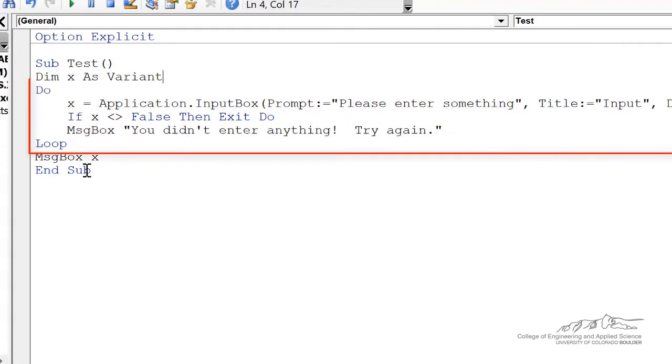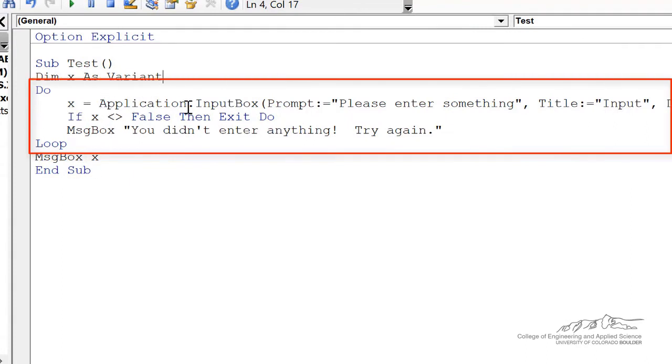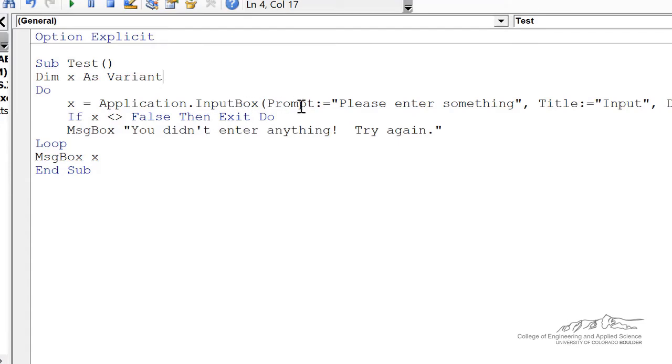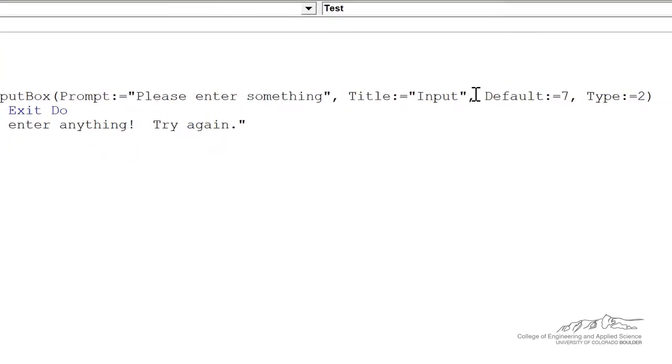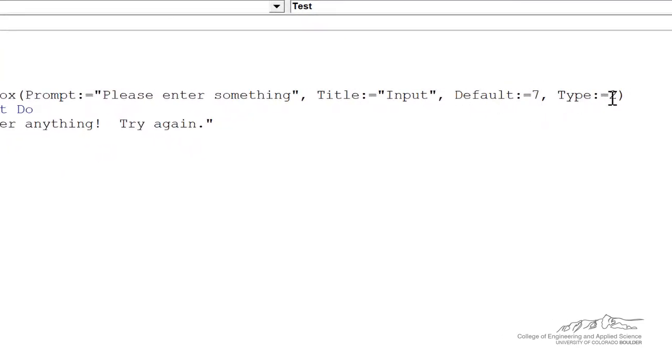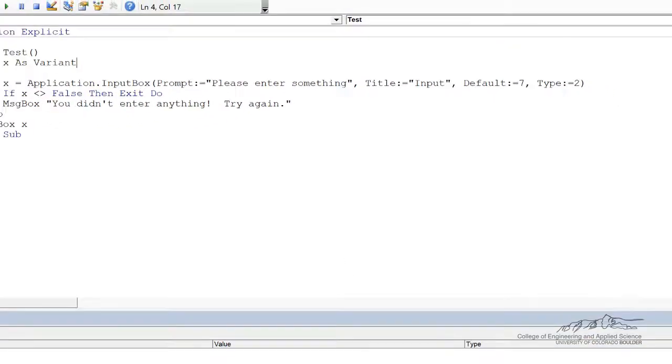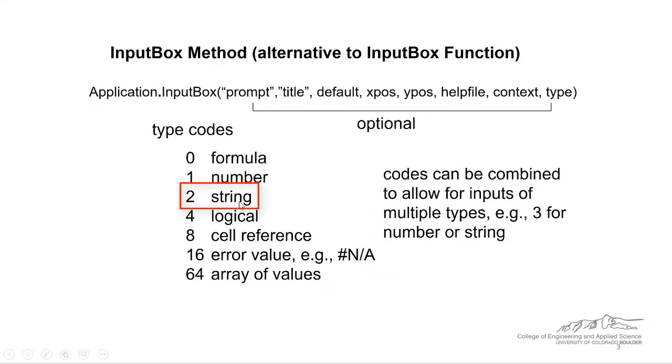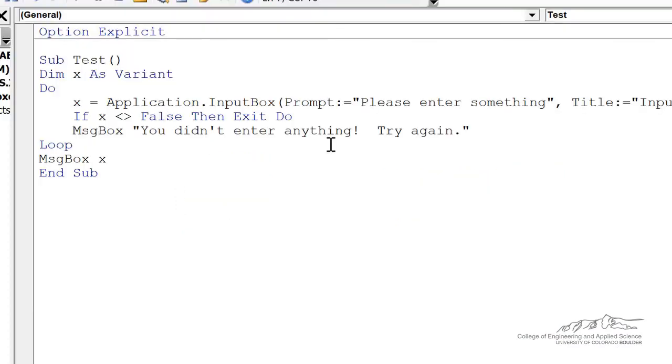But here we've got a do loop, so we can do input validation. We obtain x in this input box method, Application.InputBox. We have our prompt, our title, a default value, and the type. The type here, if I go back to the codes, is a string. So this input box is only going to accept strings. So if I run through this,